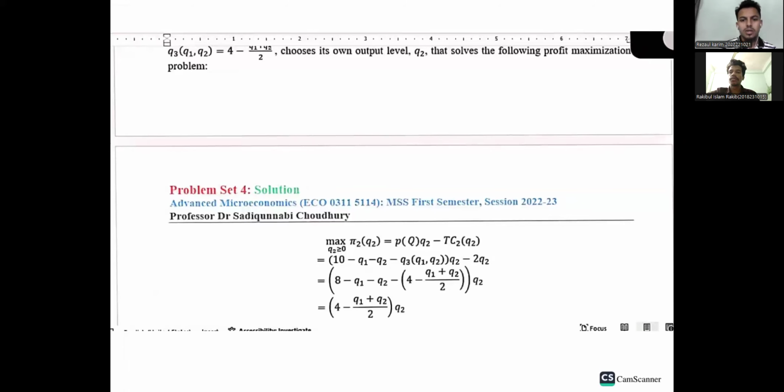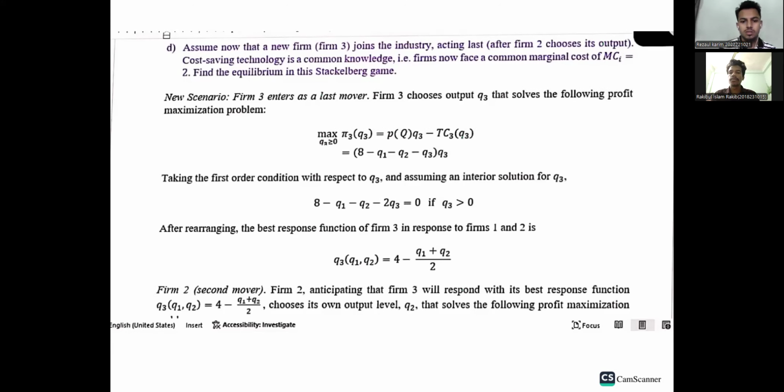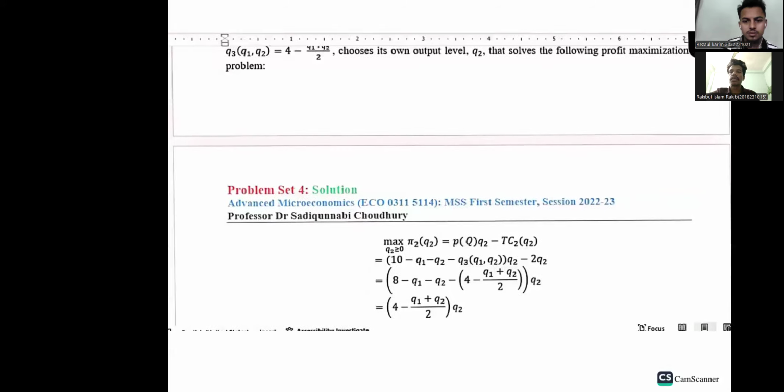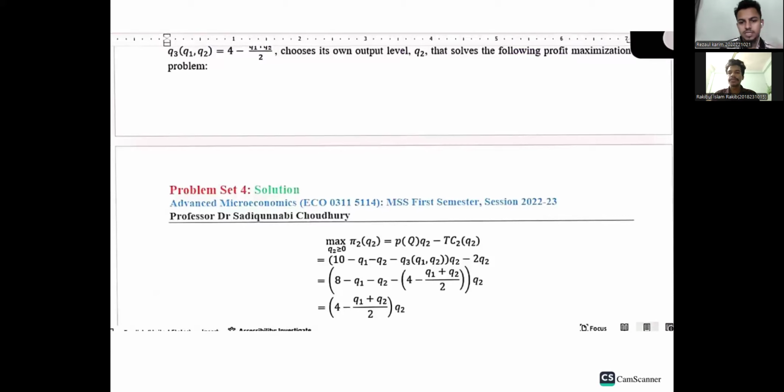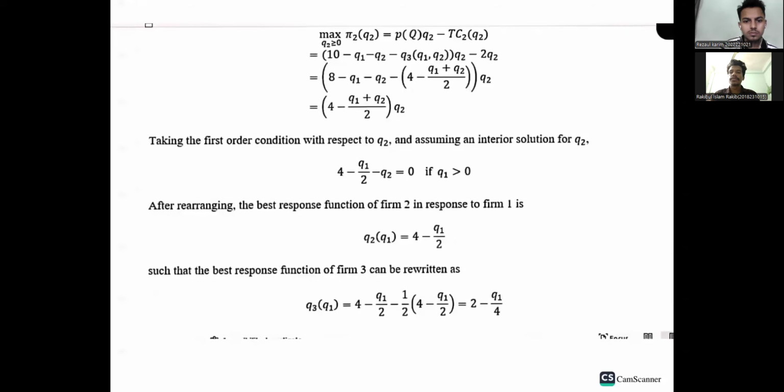Solving for the best response function in q2, substituting 4 minus q1 plus q2 by 2 into q2 and taking the first order condition with respect to q2, finally we find the best response function of farm 2 in response to farm 1 is q2 of q1 equal to 4 minus q1 by 2, and similarly the best response function of q3, putting in the q2 form, is q3 equal to 2 minus q1 by 4,